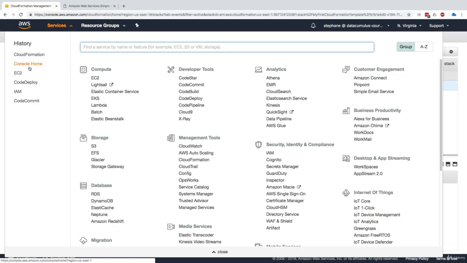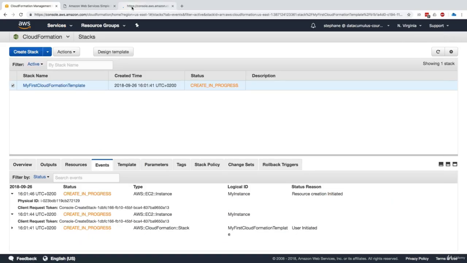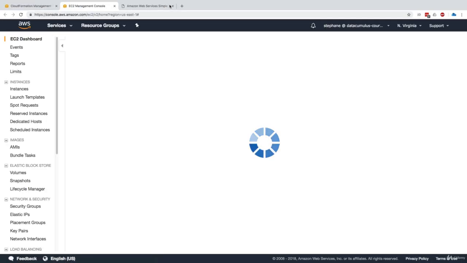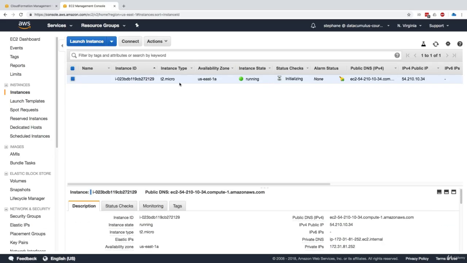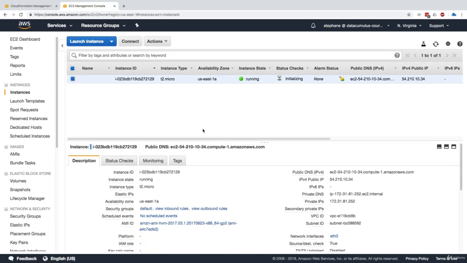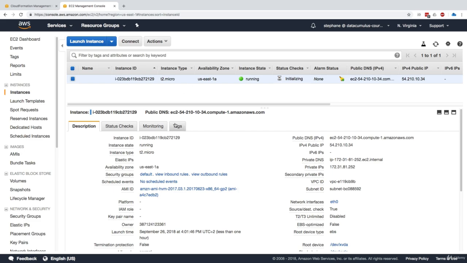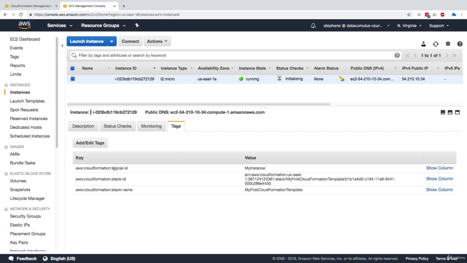But if we do a sneak peek into EC2, let's have a look into EC2 and click on instances. Hey, we see our EC2 instance T2 Micro being created. If we do look at the tags of it, we see that there is a logical ID, a stack ID, and a stack name, all with the key AWS CloudFormation. So this instance is the one that got created by our CloudFormation template, which is pretty cool. So you can look at the key and values and have an idea.